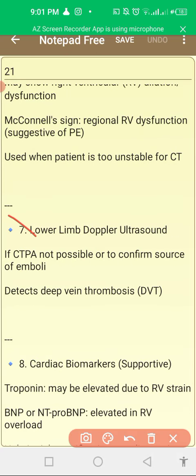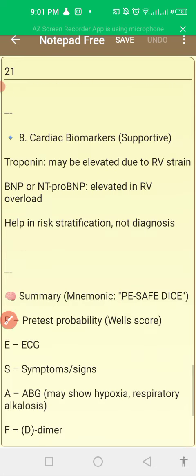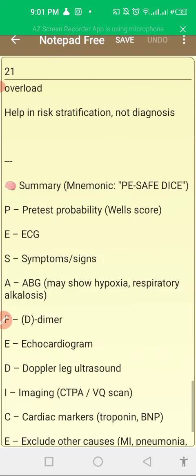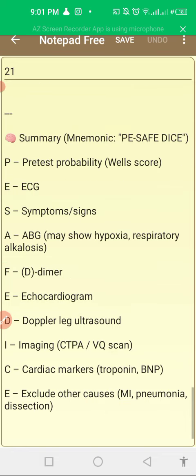Another one is the lower limb Doppler ultrasound. We will look for deep vein thrombosis on Doppler, and the cardiac biomarkers for supportive care. So in this way, we can diagnose a pulmonary embolism. It has a mnemonic for memorization. So you can memorize this mnemonic in order to diagnose a pulmonary embolism, and we will have to evaluate the